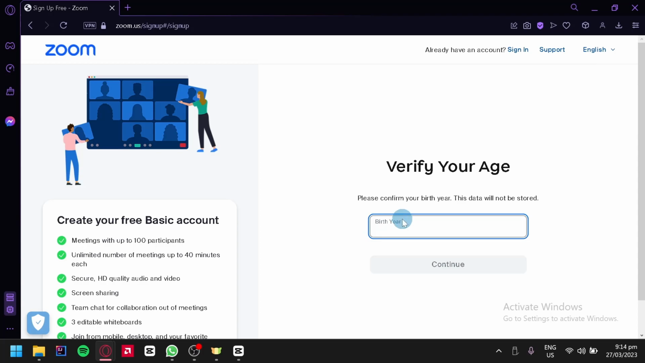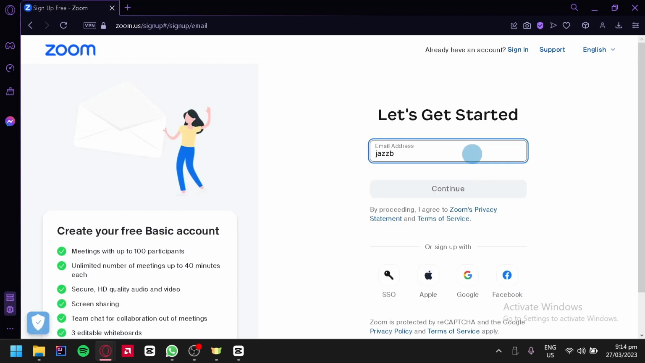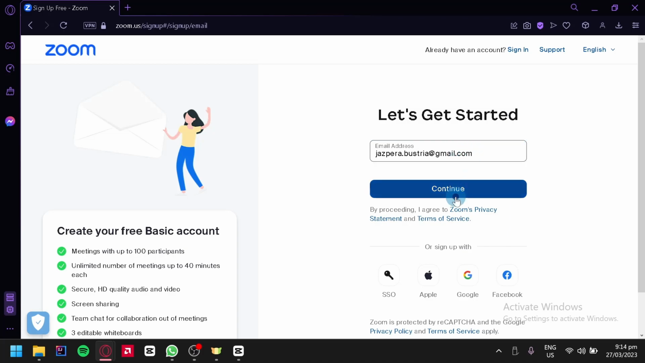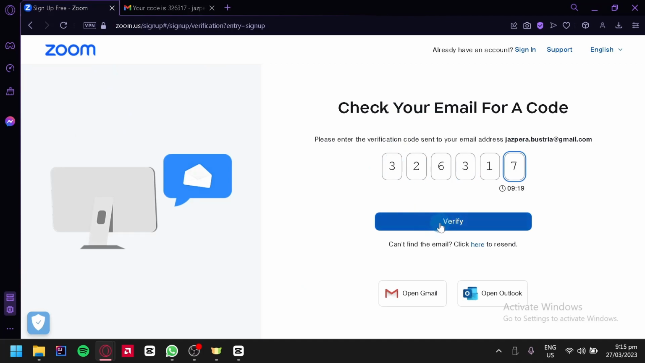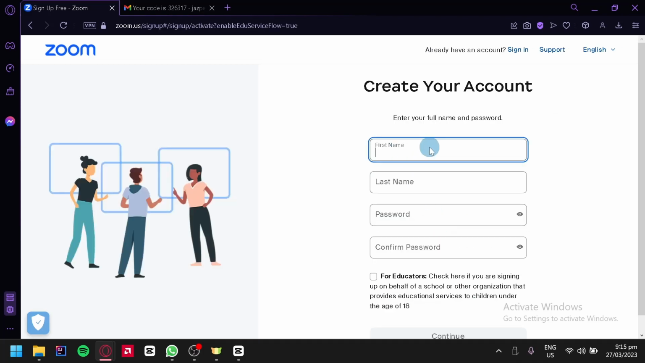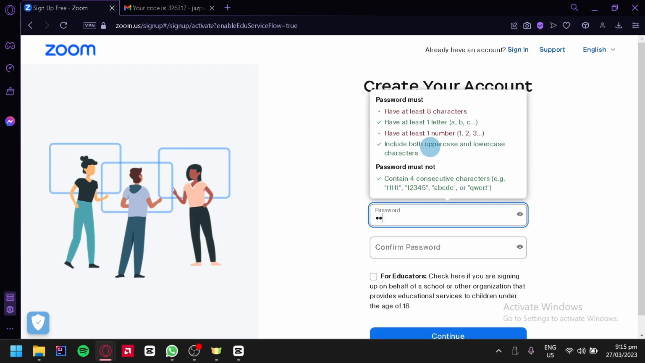We're simply going to enter our birth year just like that. Click on continue. We're going to enter our email address, I'm going to put this like that. Click on continue, and then we're going to check our email for a code that is sent to our email, 6317. Then we're going to click on verify, and then after doing that, we're simply going to put in our name just like that, our last name, and then a password